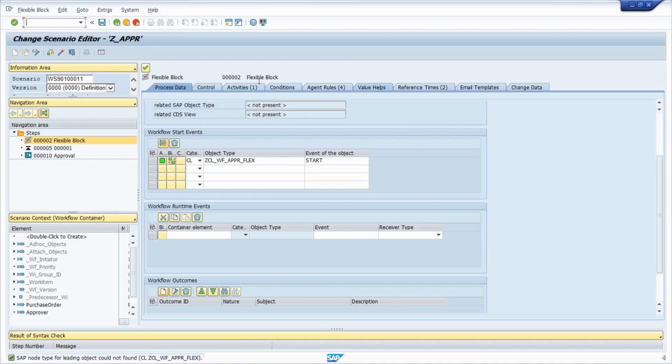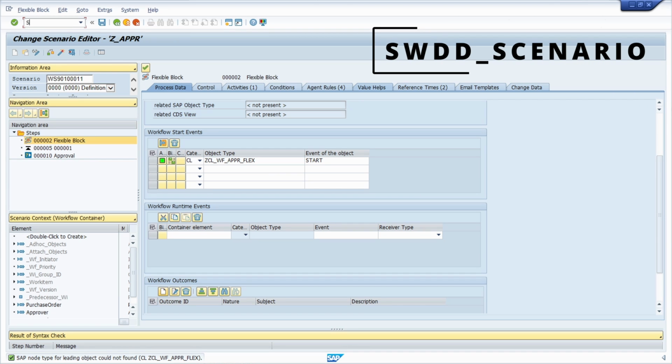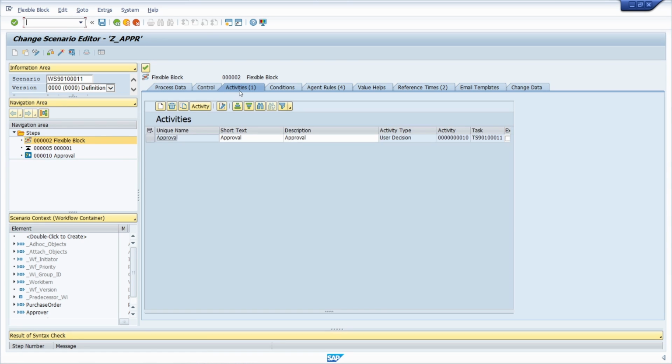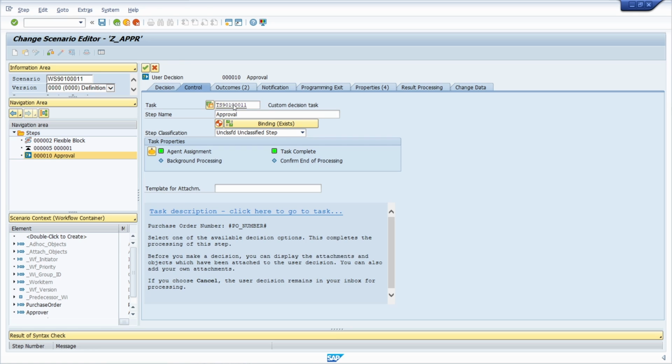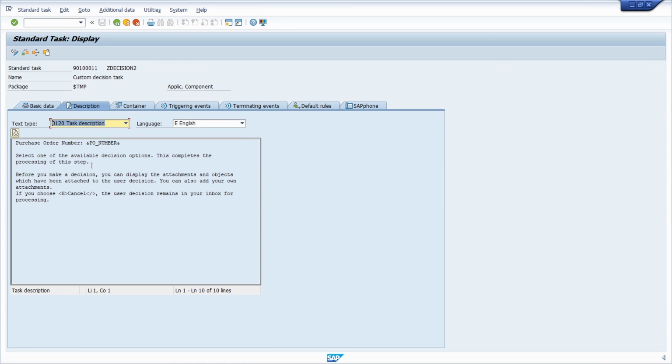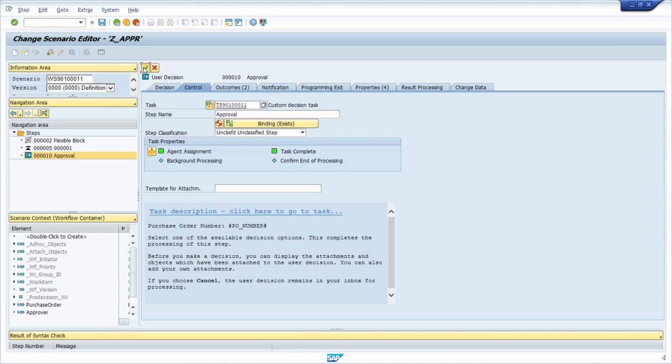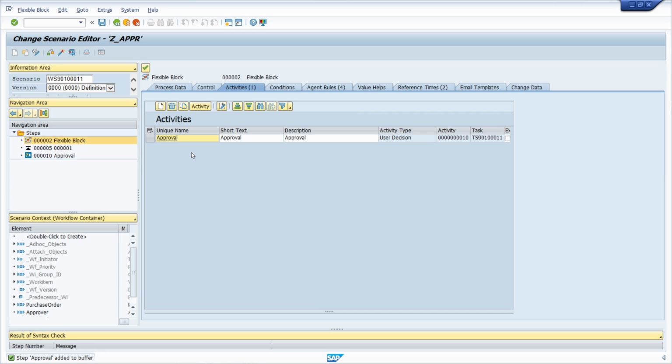So here we are in our flexible workflow, so within the transaction SWDD_scenario. And once again, for here right now, we would like to basically output the line items within this task, so within the task description. And basically to use this, we are using a little trick. Therefore, we are creating one additional task, one additional activity, running it in the background that creates the output of the line items in HTML and binding it to this activity to be able to use it within the